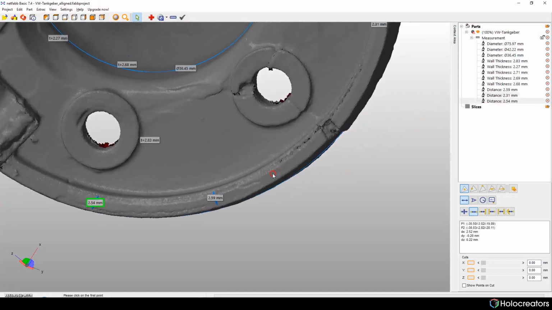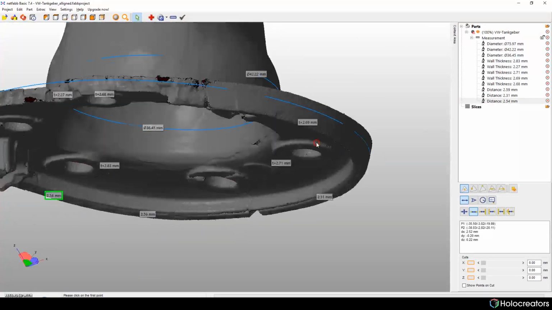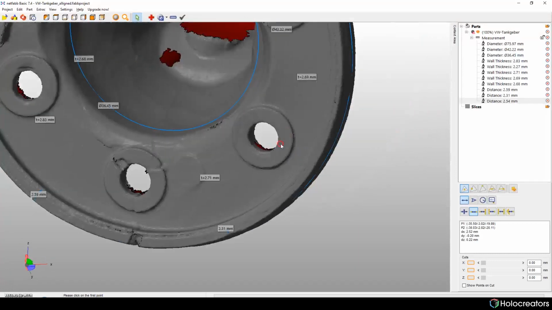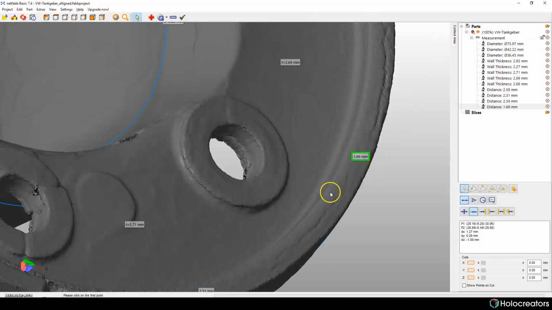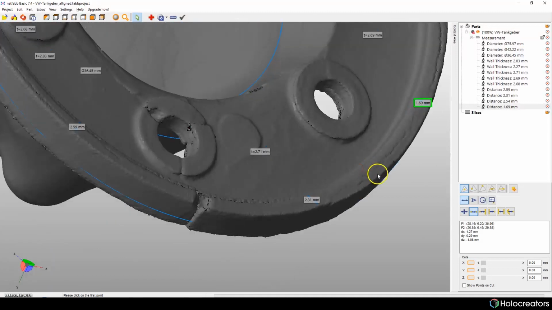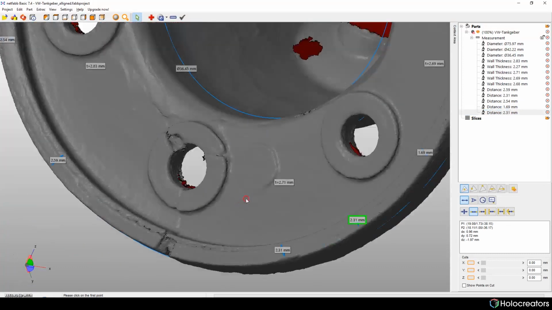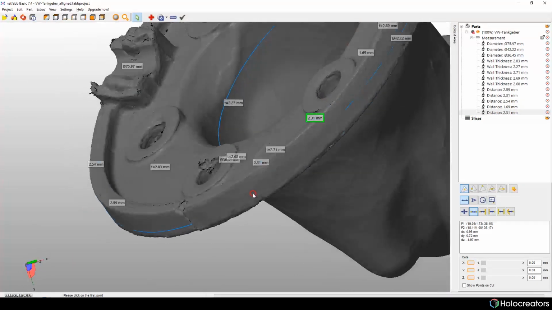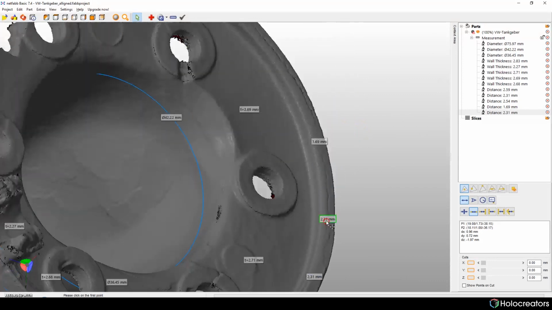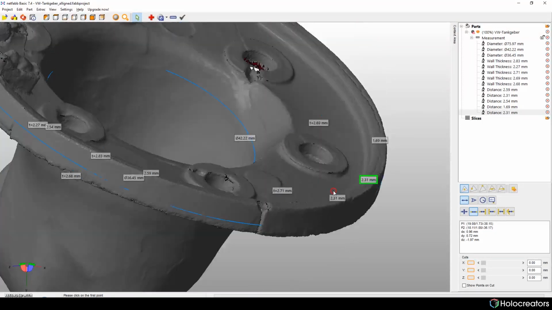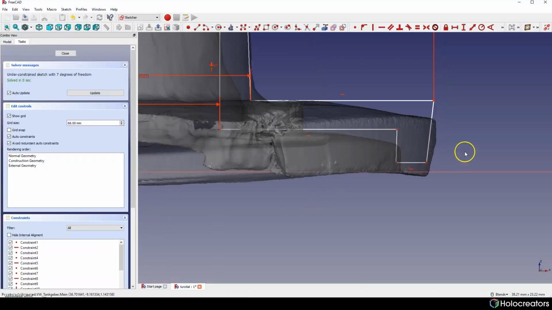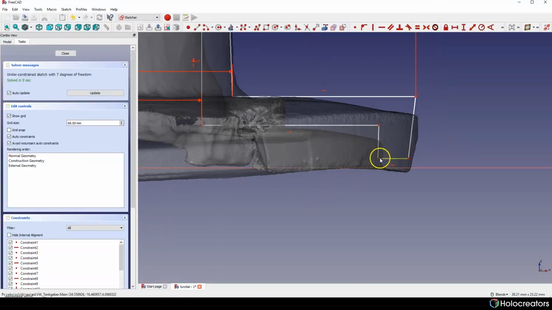So it looks like we can make a thickness of this part same as our thickness of entire model. So let it be 2.5.